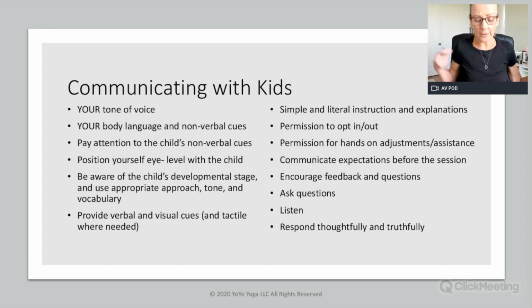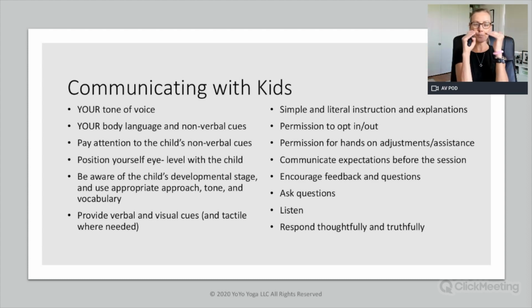You don't want to be that big adult towering over a child, talking down to them, but positioning yourself so you're at eye level, at the same height as the child. And then it's much less intimidating, and you're showing the child, hey, I'm here, I'm listening, I'm with you, and that we are equal. It's a sign of respect as much as a tactic to not be